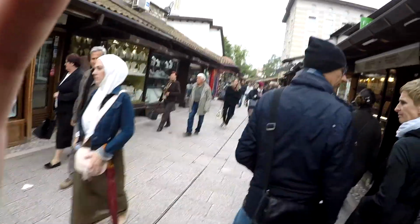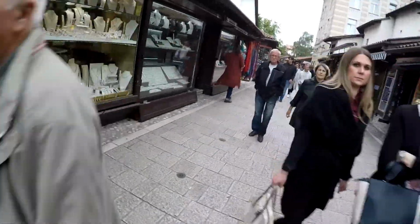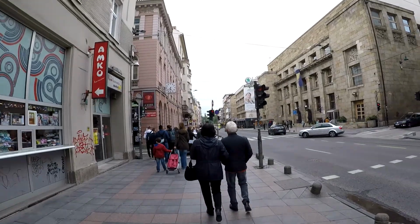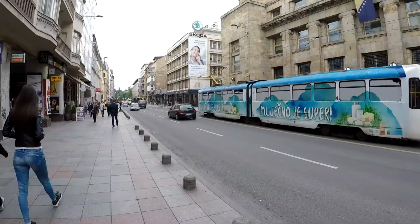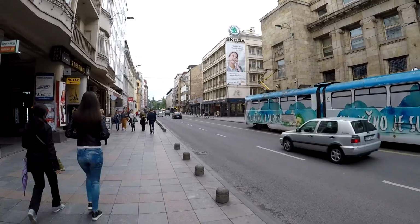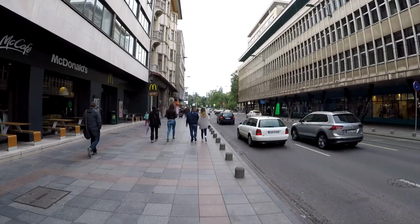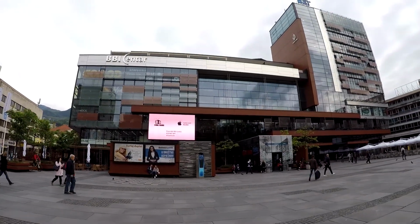Okay, we got some more sights to see, so we will need to continue that way, all the way back to the Eternal Flame. I'll do that off camera so that way I can get over there quickly. Alright, let's continue west along Marshallitita Street. Alright, we're starting to come into the city center now, and as you can tell,